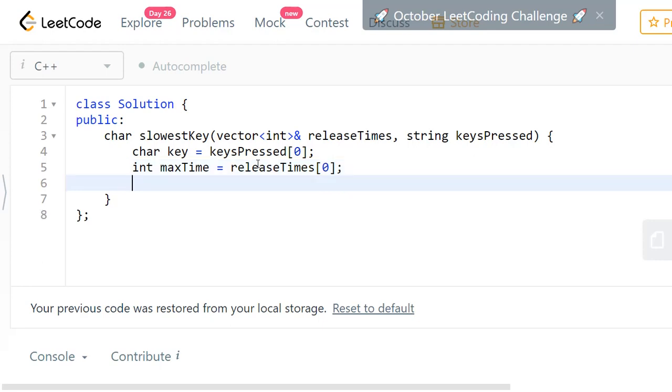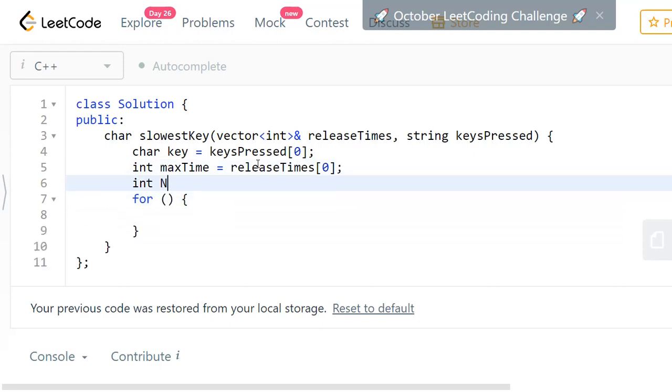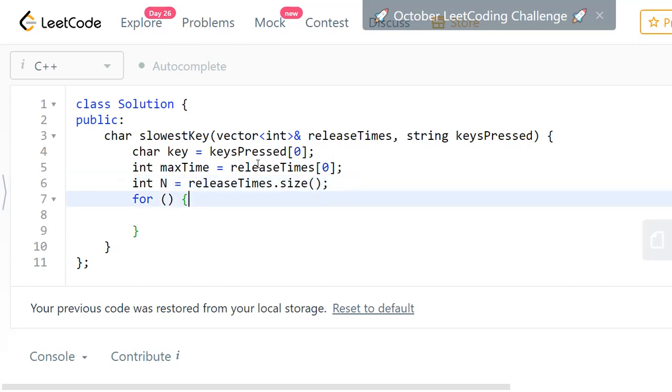Now we need to process the remaining characters and keep updating the max time whenever we find a character with more duration. So let's take the number of characters, n, equal to release times dot size.